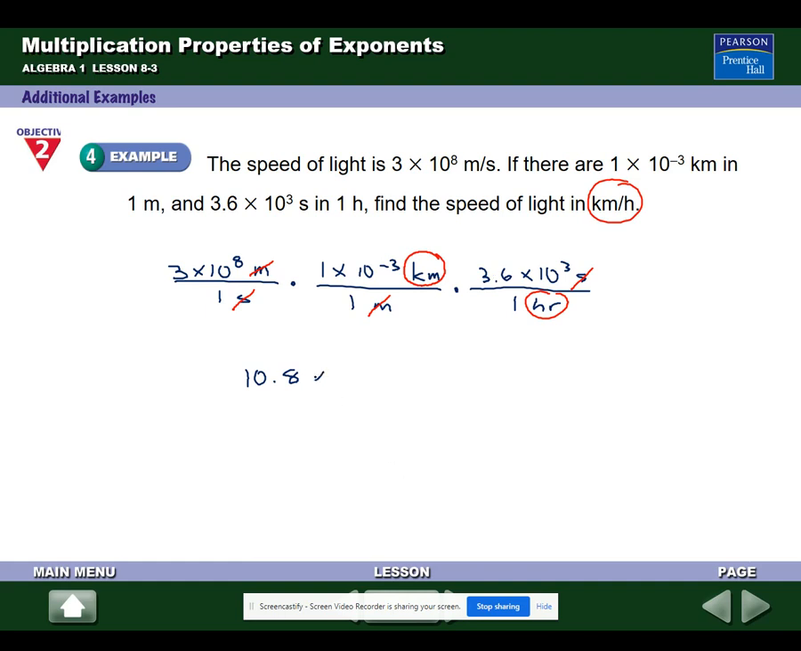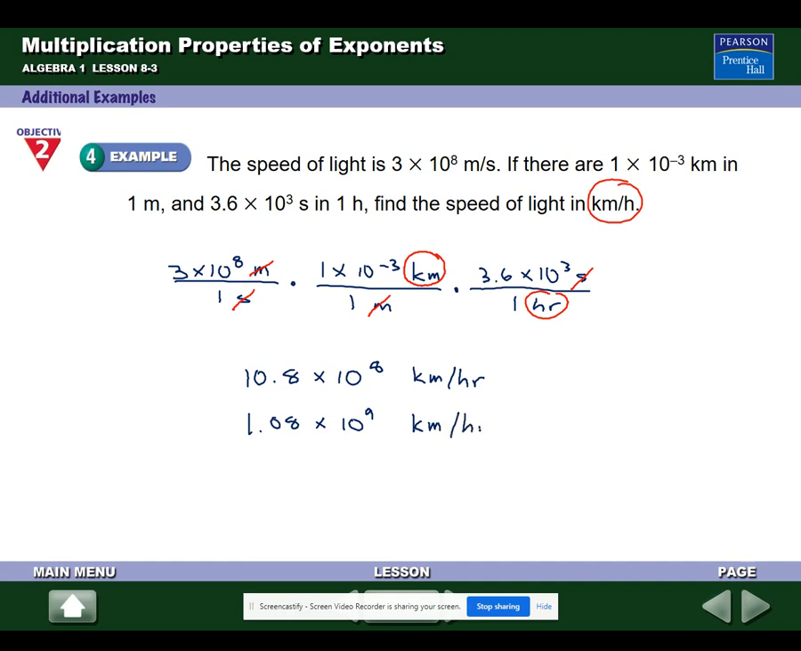That's 10.8. Times 10 to the, and I'm multiplying those powers. 10 to the 8th times 10 to the negative third times 10 to the third. I'm going to add those exponents. Notice that the bases are the same, 10, so I can add the exponents. And 8 plus negative 3 is 5, plus 3 is 8. Okay? And again, now that's in kilometers per hour. And that is a correct number, although it's not in scientific notation. So what would that really be? It would be 1.08 times 10 to the 9th